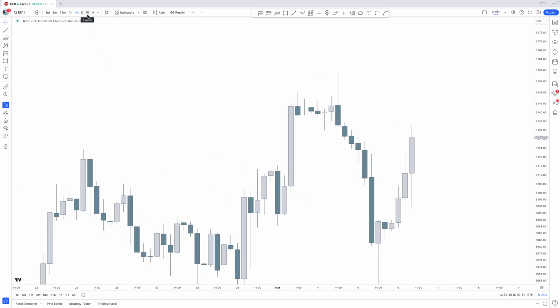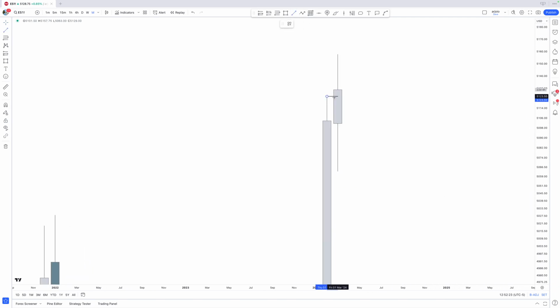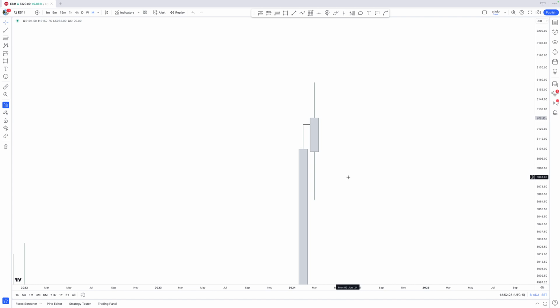Where if we first start off with the monthly right here. On the monthly, we see this previous candle high right there. We have a pretty high close as well. If we now want to create a retracement, then what is the only retracement or the only area where we can continue lower from? It's a previous candle high, or, if we are retracing higher, a previous candle low. But in this case, the only area where we can continue lower from is the only premium array that we have right there. So here, if we want to sweep that previous candle high right there, then we can continue lower off that,